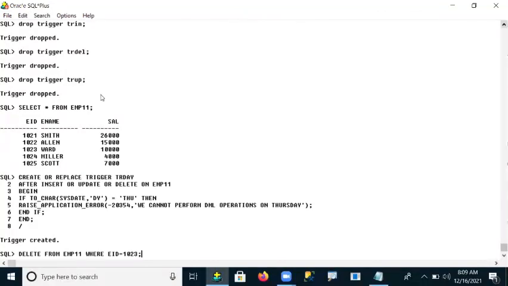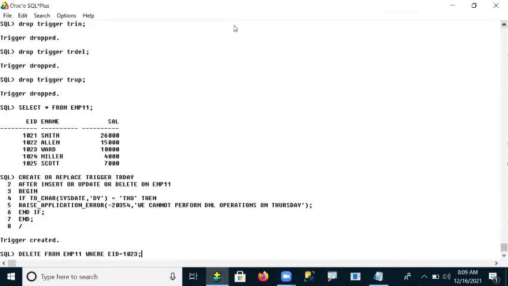So what is the user trying here? The user is trying to delete a specific row from the table.